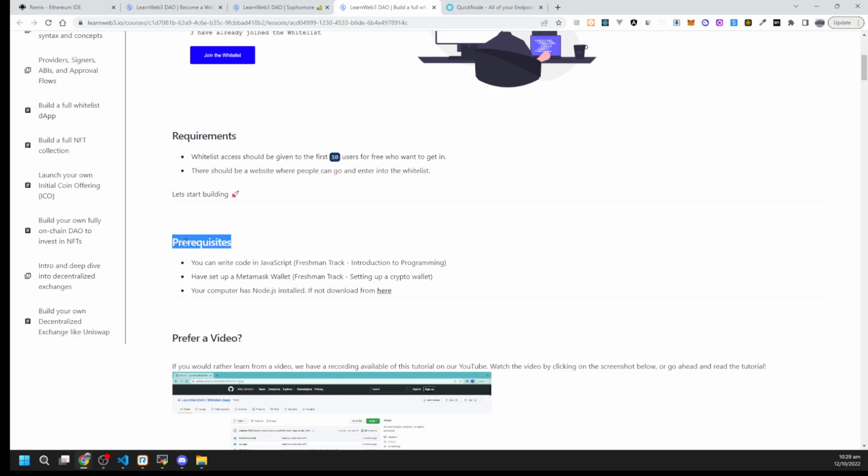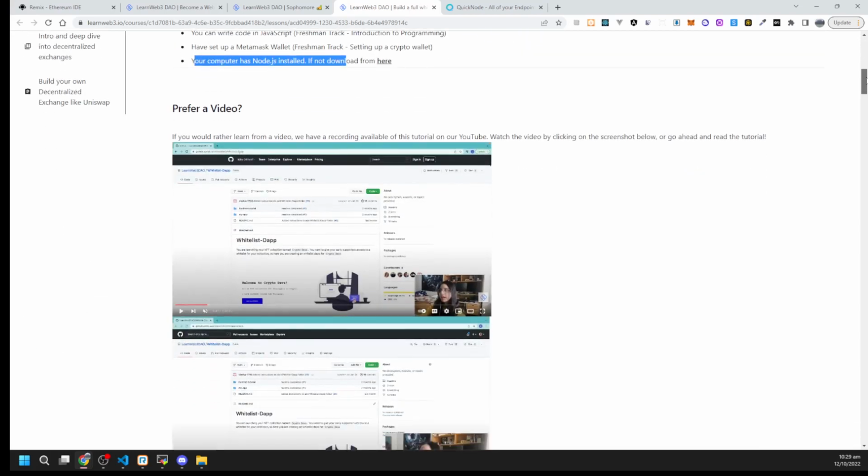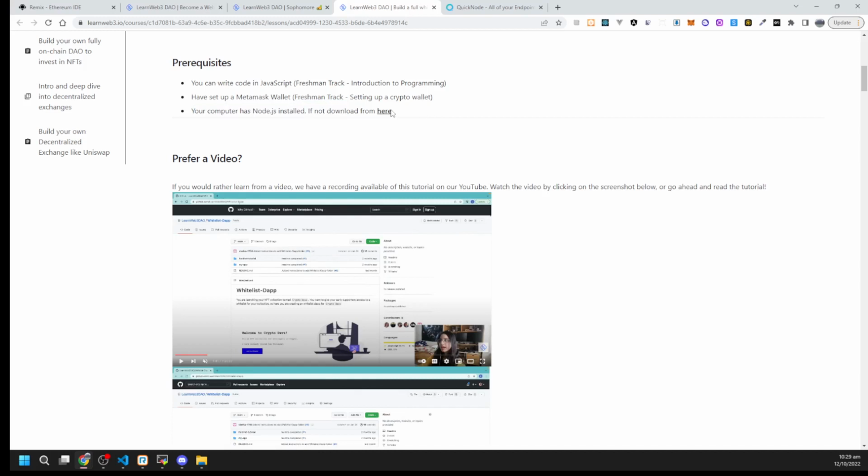what are the prerequisites? You can write code in JavaScript. Okay, yes, we can because we have completed the freshman track. Have a setup of my MetaMask wallet. Yes, we have already set it up here. And your computer has Node.js installed. Yes, we already have Node.js installed. So prerequisites are there. If not, kindly do check the freshman track